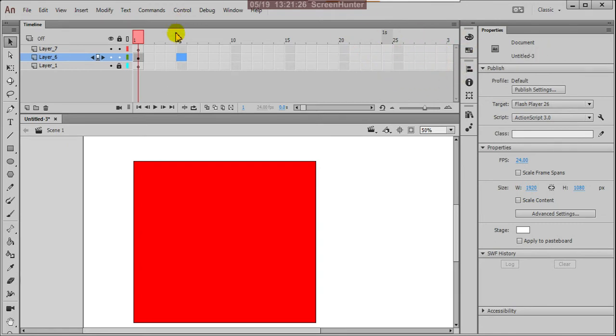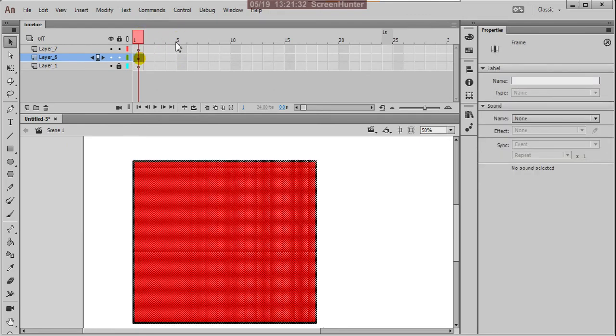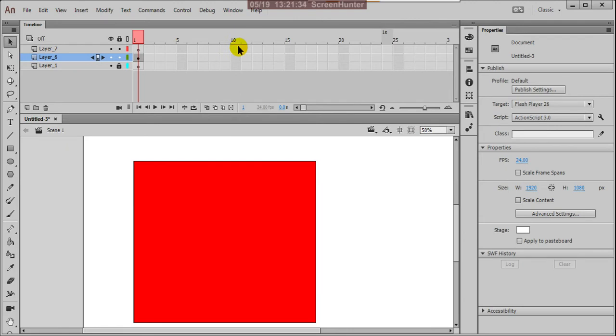Here every 5 frames are given a gray color separation. See the gray color, it is very easy to count. Suppose I want to calculate 50 frames or 20 frames.